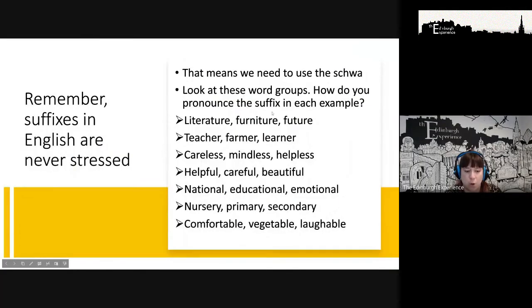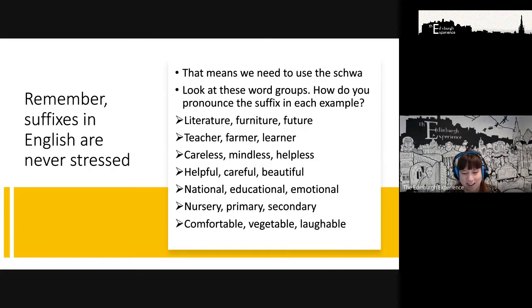Okay, now the other thing to think about with the schwa is, I know it can be quite hard to know when we should be using a schwa, when a word is stressed, when it's unstressed, but there are some pronunciation patterns we can use to help us. For example,